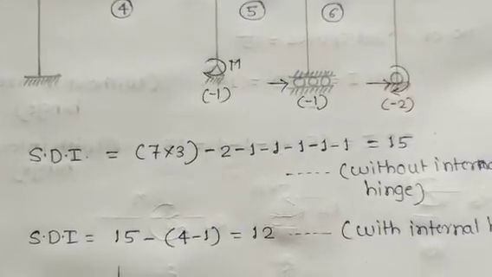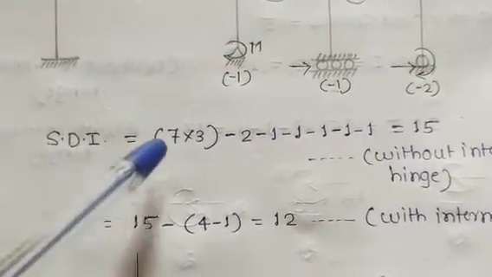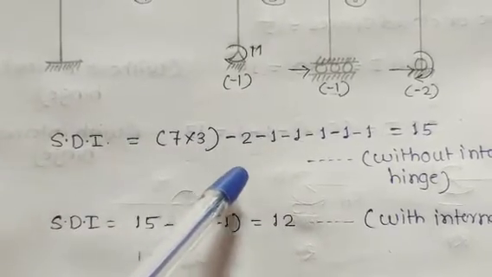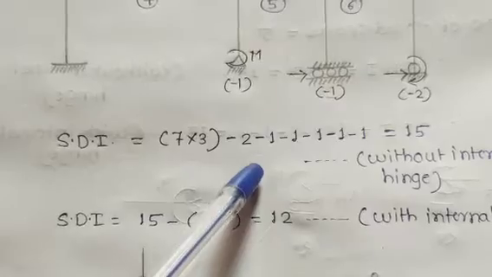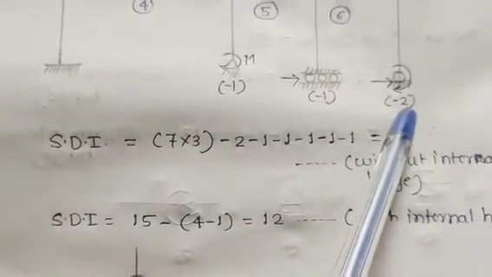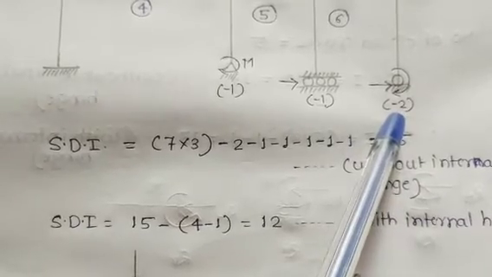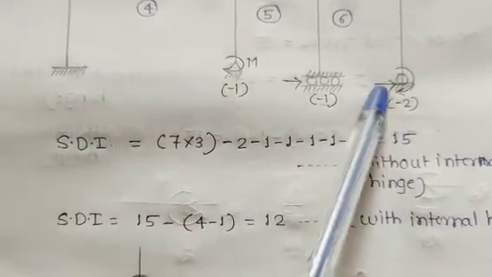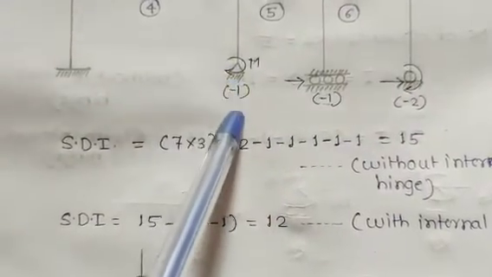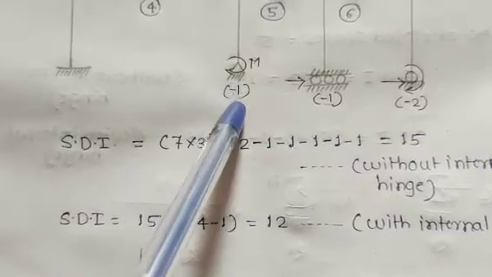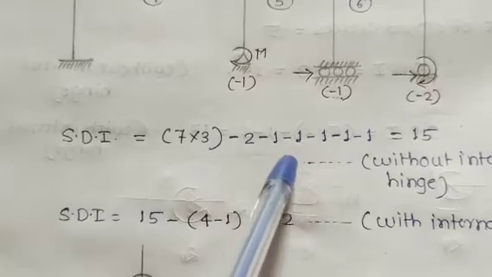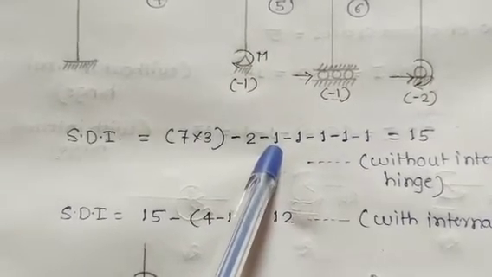Let us see our problem. Here we have calculated the number of closed spaces and multiplied it by 3. Then deduction for support. This is -2. This 2 deduction is for the roller support here, means the number of releases is 2. One is horizontal, one is movement. Then the second one, -1, is for the hinge support. For hinge support there is one release movement, hence here it is -1.